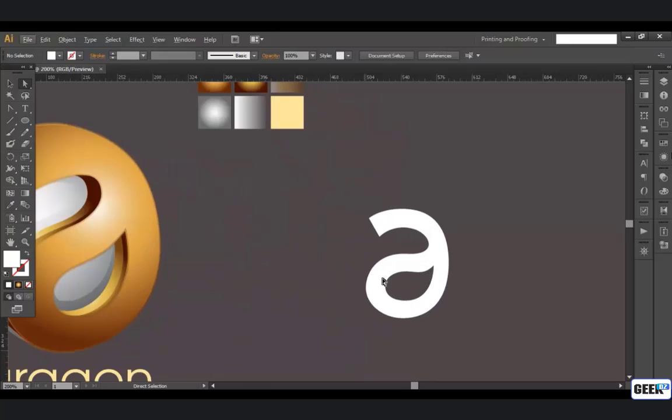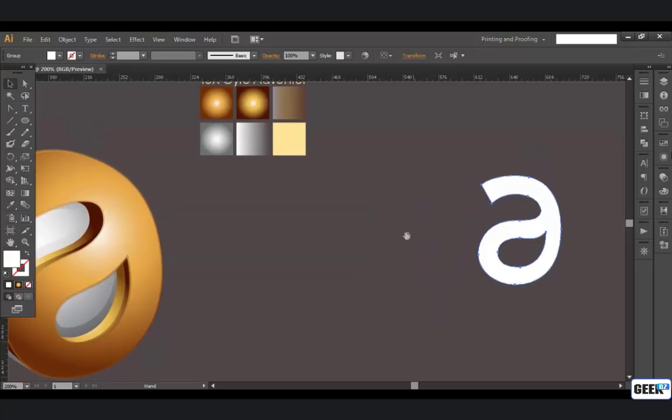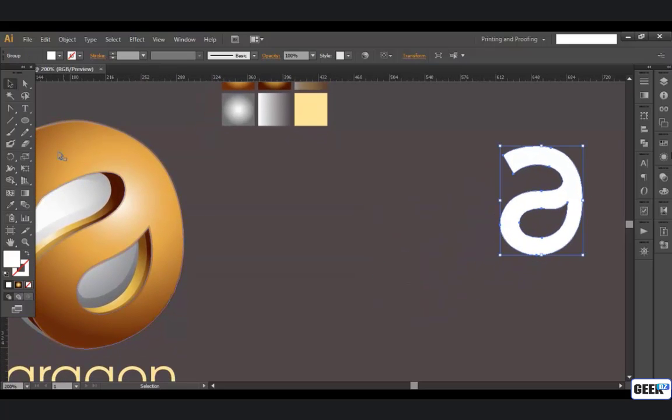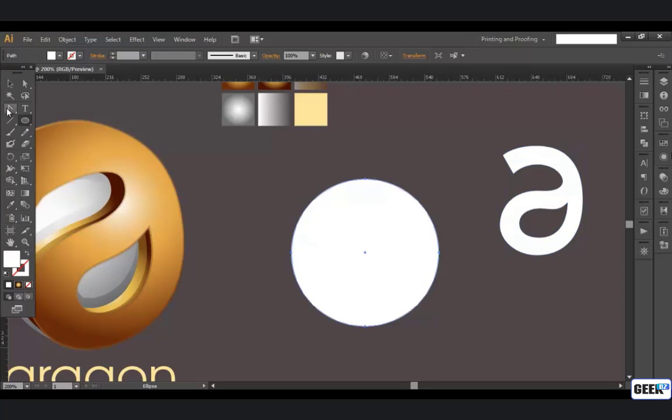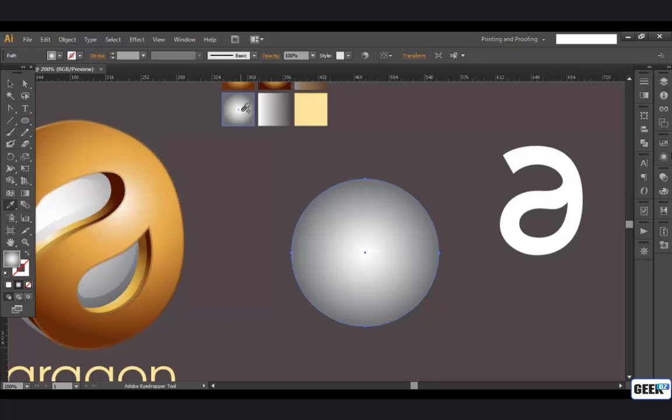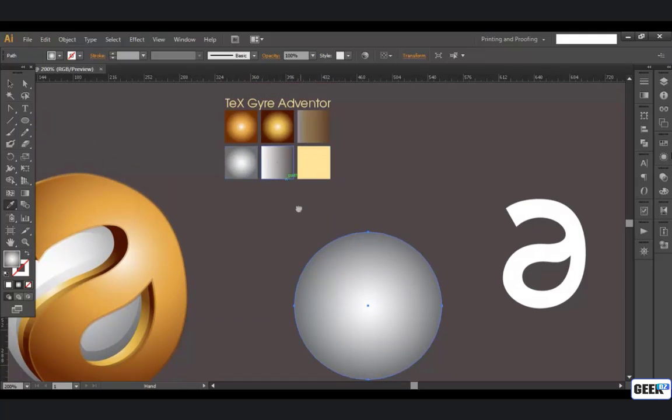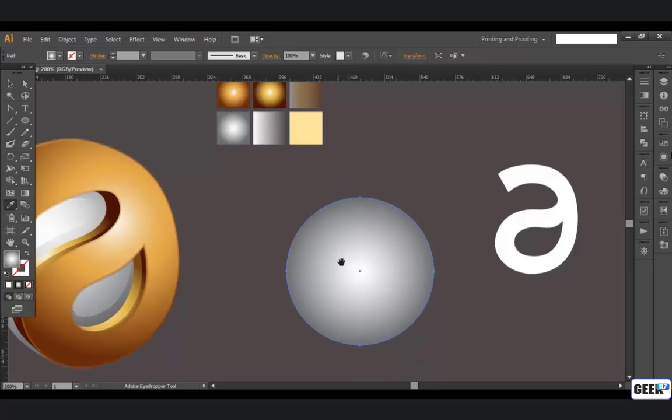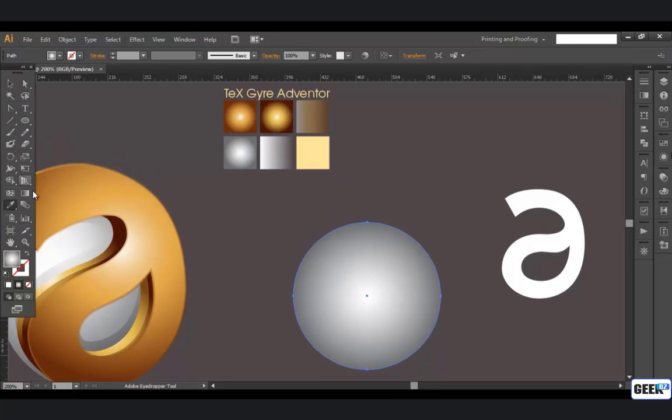So we got that. Now once you have done that, we'll do the first step which we mentioned. We'll create this sphere now. With the ellipse tool selected, draw the circle, and with the eyedropper and Shift Alt pressed, click this color. We have already prepared the color palette for our objects, so we will be using that. And now with the gradient option, just adjust it